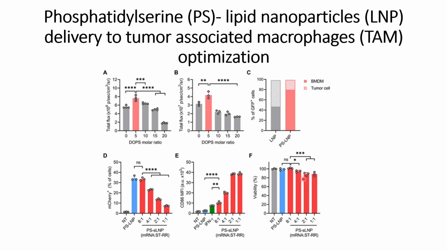The results are not shown in this main figure. From that, they came to the point that co-encapsulation of the mRNA and the STING agonist at the ratio of 8:1 should be the optimum condition